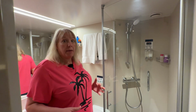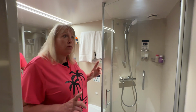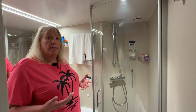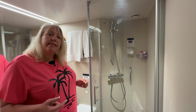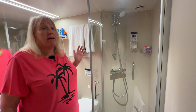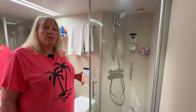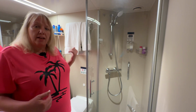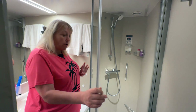They will come in, switch out your towels. We normally hang our towels up and let them know that if they prefer, they don't have to wash the towels. And they included washcloths, which at first MSC was not providing washcloths unless you asked nicely, but they included them on this cruise. So, shower,